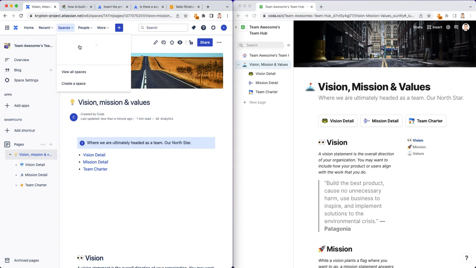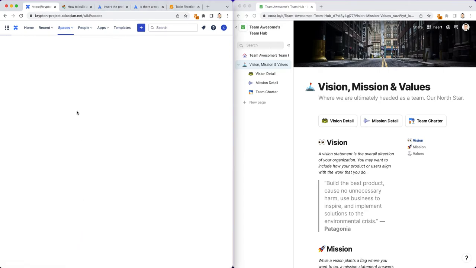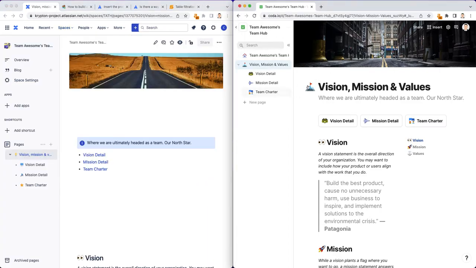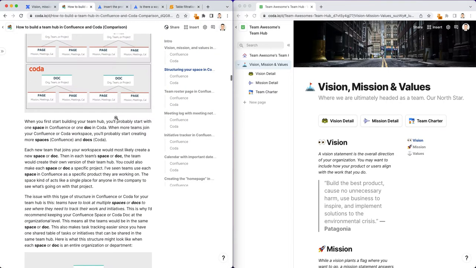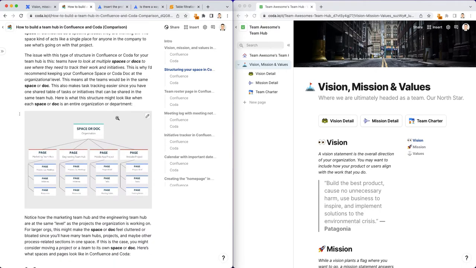If I click on here and I go to spaces, you'll see I have all of my spaces right here. And these are all different spaces. These could be organizations, teams, projects. In Coda, similarly, you have a doc list, which I won't show because there's a lot of sensitive information, but you get the idea. You can have a table, a list of all your docs that might represent teams, projects, or organizations. So the issue with this type of structure is what happens when you have